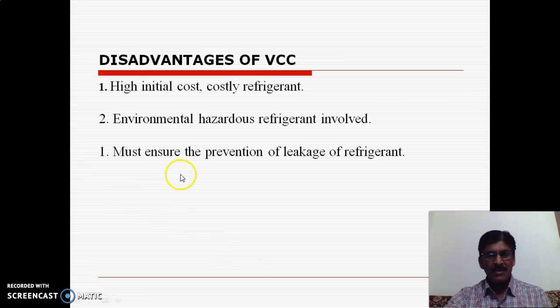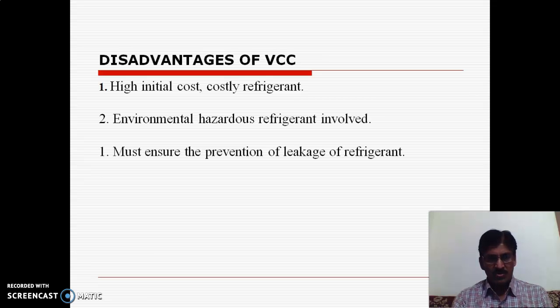If you see the disadvantages of the vapor compression cycle, then that is a high initial cost and a costly refrigerant. So initial cost is very high in case of the vapor compression cycle, and also we are using a costly refrigerant. Then the second disadvantage of this vapor compression cycle is environmental hazard refrigerant. Okay. And the third disadvantage is that we must ensure the prevention of leakage of refrigerant. So leakage of refrigerant is a common problem in the vapor compression cycle. We always ensure the prevention of leakage of refrigerant, as